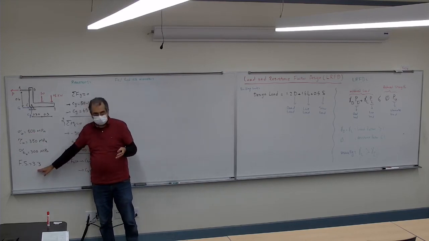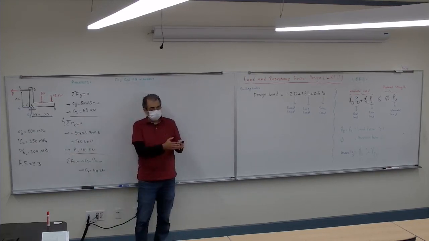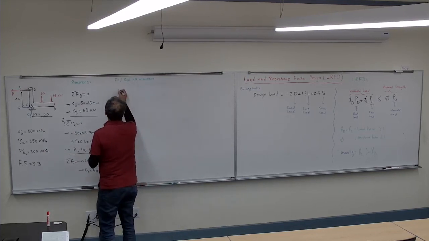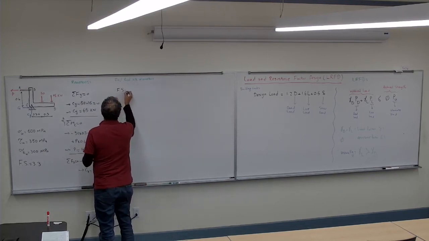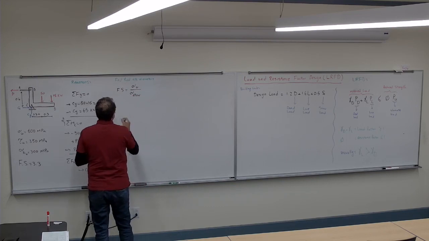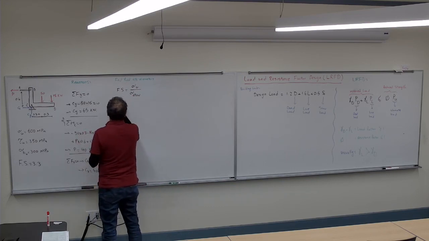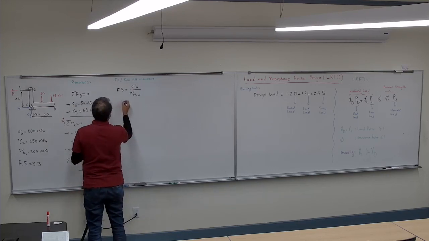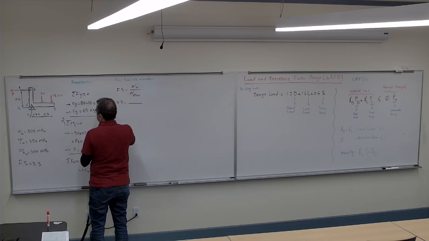How many times? 3.3 times away from that. So what was the factor of safety equation? Sigma ultimate divided by sigma allowable. So for this case, 3.3 is equal to,